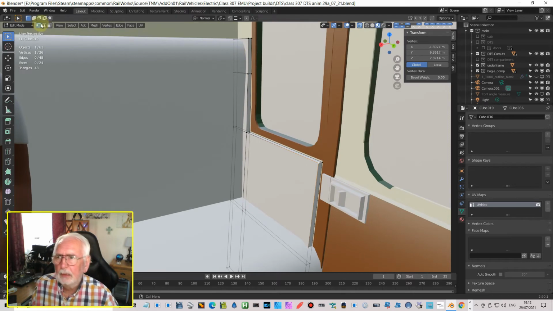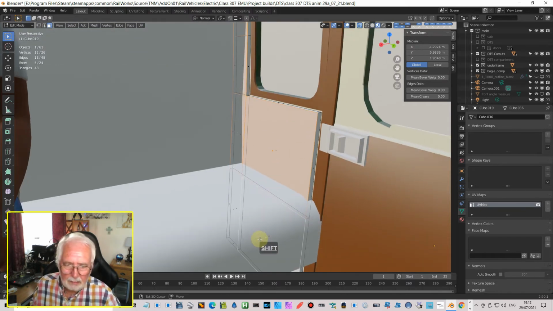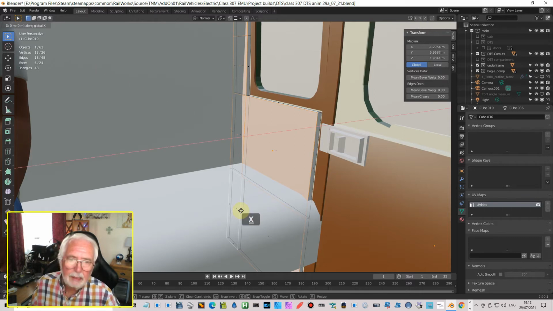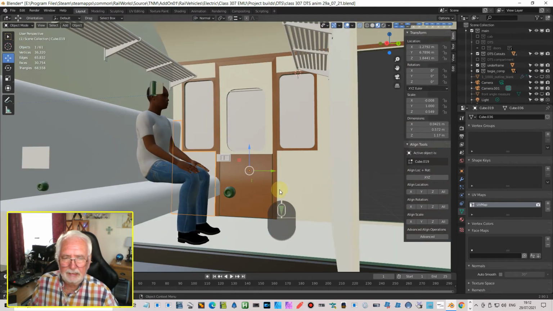So let me just select that. That's it. So grab X. Okay, just make it a bit narrower. Perhaps like that. Now of course the other way to do it is to put a cut in the side of the carriage